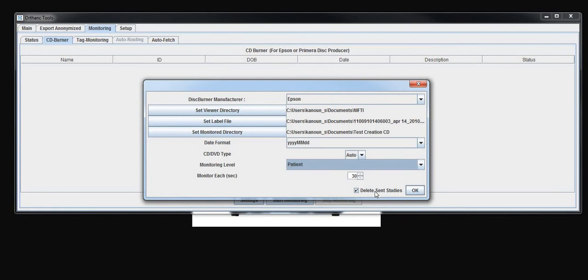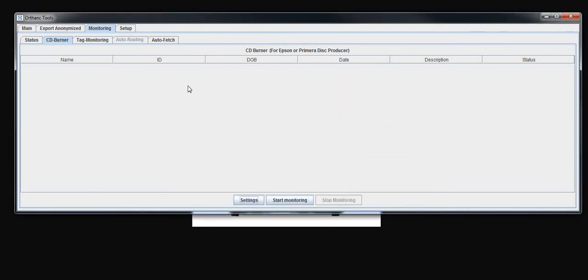We recommend you use the delete sent studies option. It will mean that your Orthanc is going to work only for disk production. Once the request of the CD is made, the original study is locally deleted once the CD is burned. So here, once the monitoring works, you will see appearing, patient by patient, the requests of burning and their progress